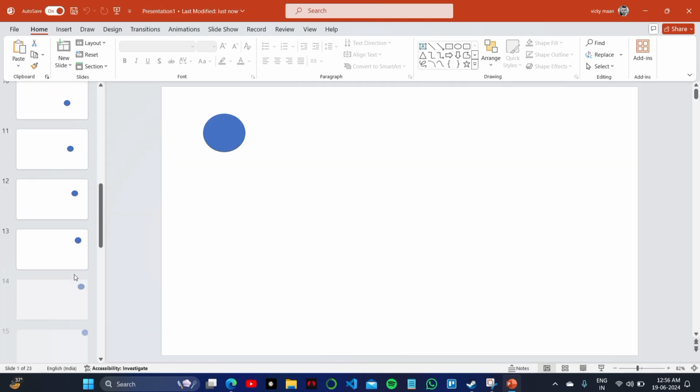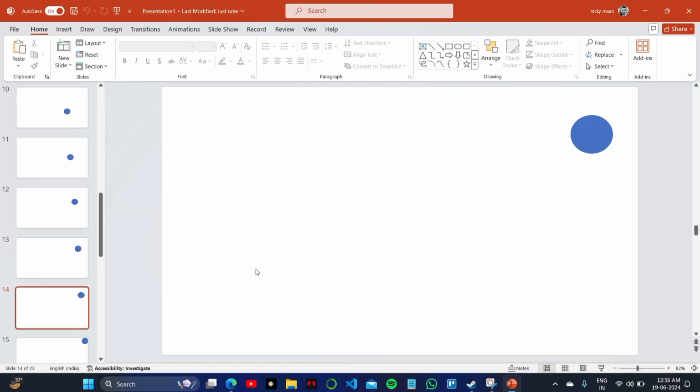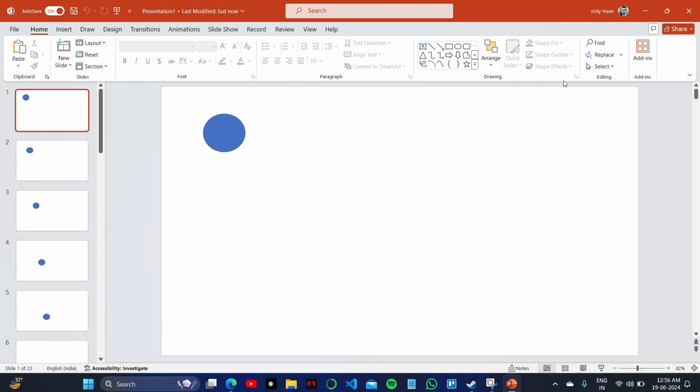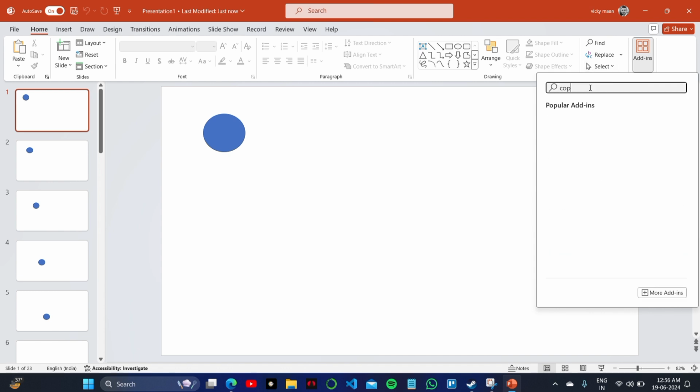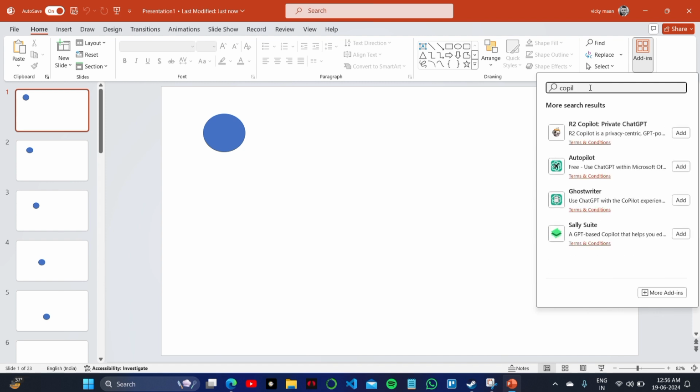Open PowerPoint in front of you on your PC, and this is my PowerPoint's home screen. What I have to do is click on the top right, that is the add-on option. Here at the first you can see there is an application called ChatGPT for PowerPoint. You simply have to click on the search bar and search for